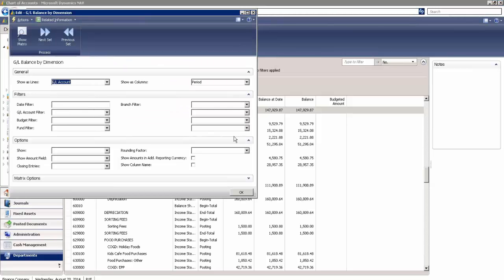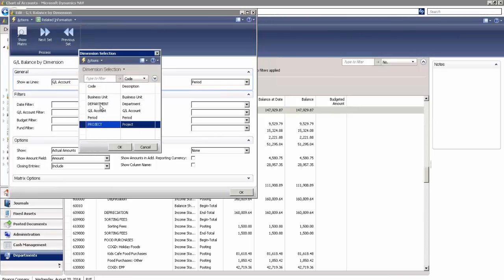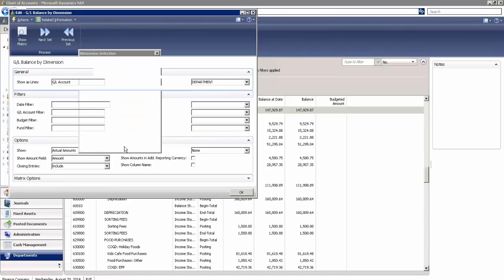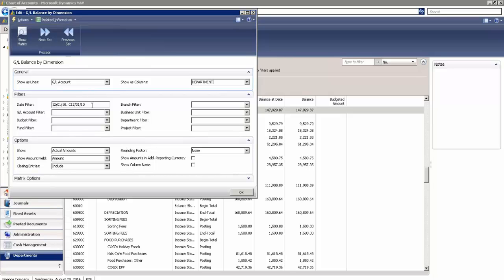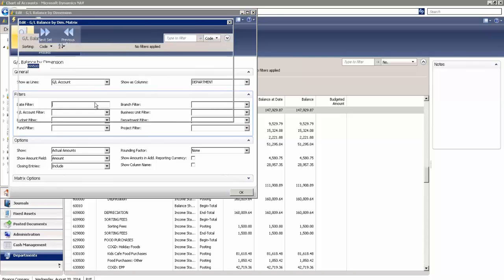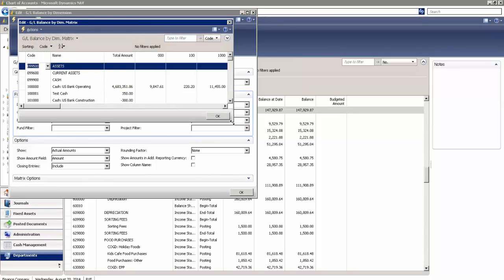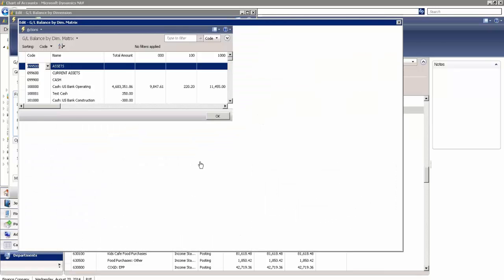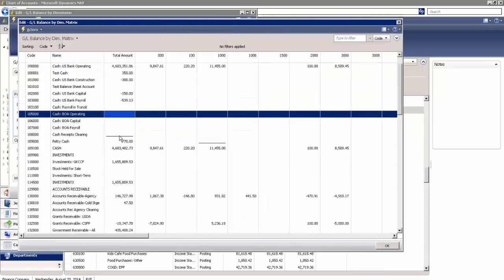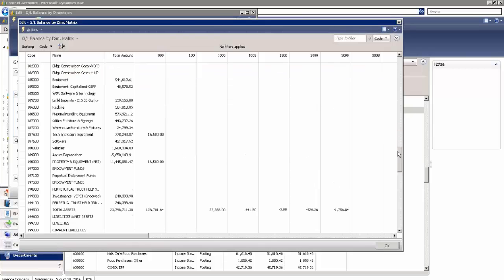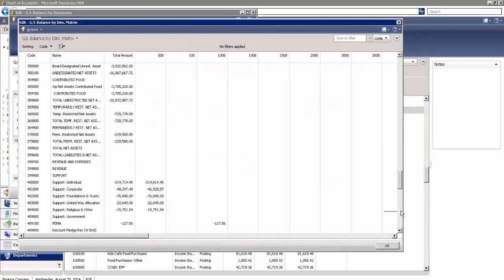All right, so what I'm going to say is I want to see my GL accounts, and I want to change the show columns to be my departments. I'll go ahead and hit OK, and I'll clear this because I don't really care about the date period. I'm only interested in my GL accounts, and I want to see my departments. Now I'll go ahead and hit show matrix. And now I've got this cool matrix form where I'll go down to my expenses a little bit further down, where you can now see